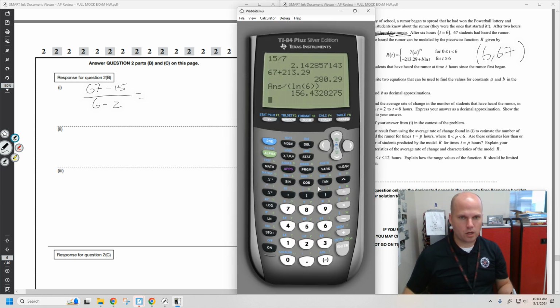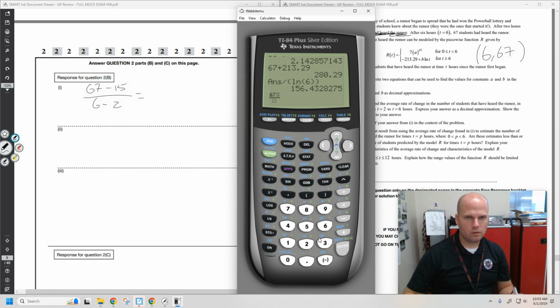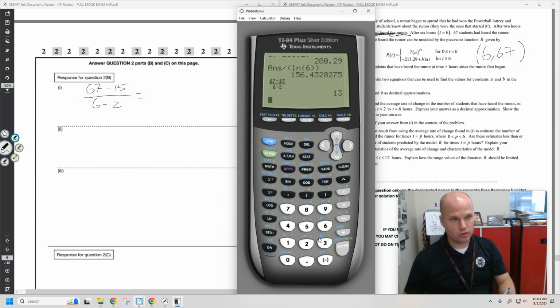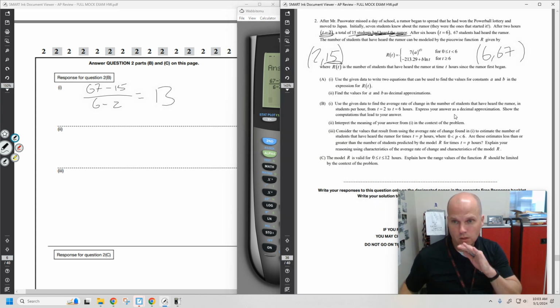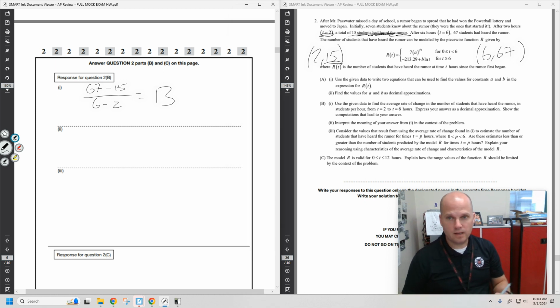So show the work if you want to, or just quickly get the answer without doing any more work. There it is, and you get 13. And do they ask you for units? No, just show the computations. Interpret the meaning. Here's the meaning. The meaning is,